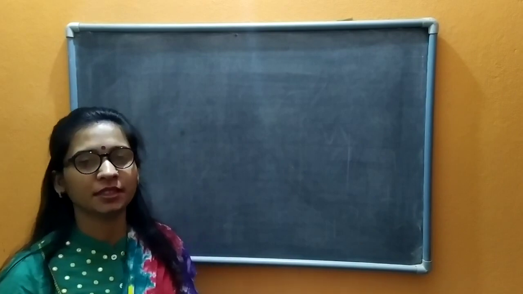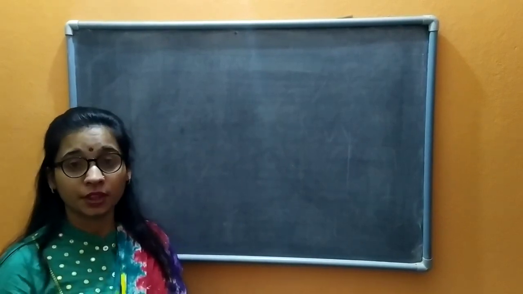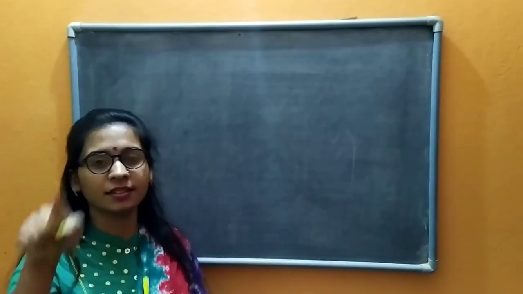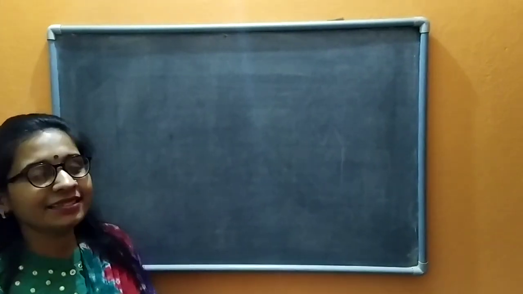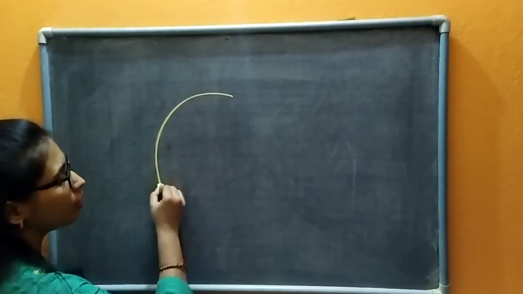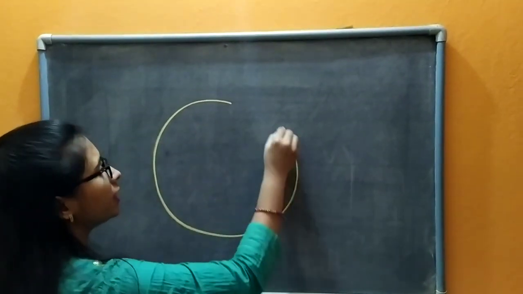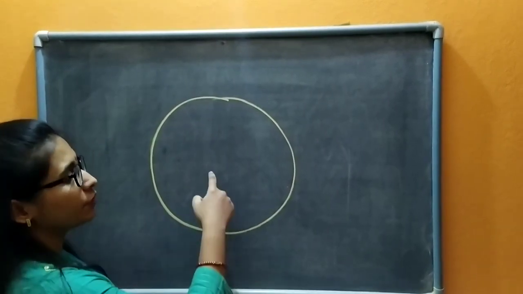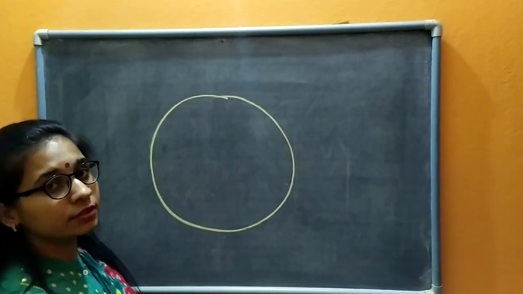From Dr. D. Ram DAV Public School. Today we will draw some pictures from a circle. Let's start them. First of all, you have to draw a big circle. What we have to draw? We have to draw a big circle.